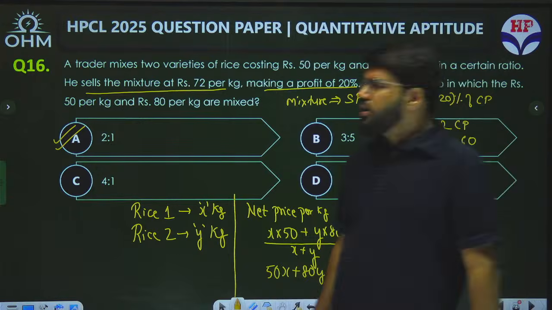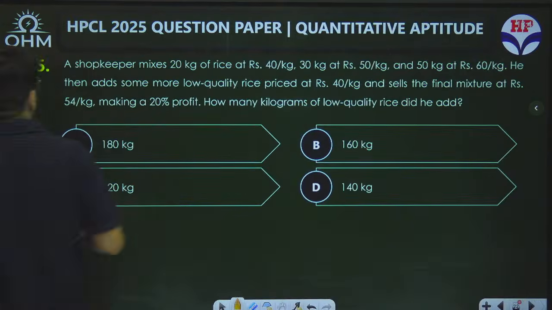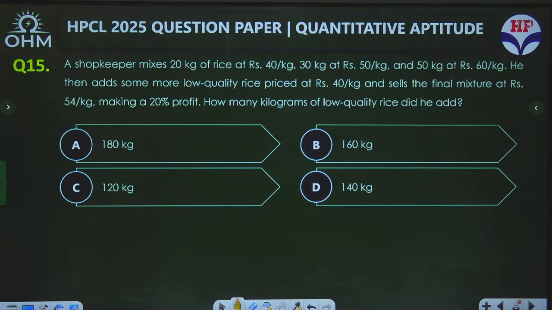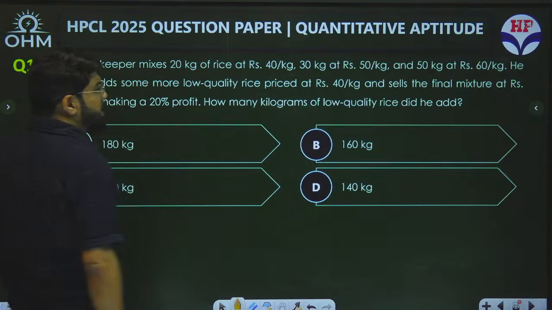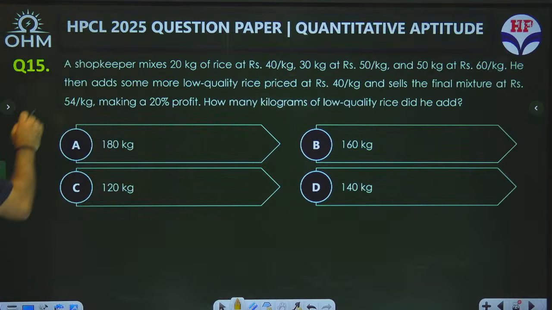Okay, let's go ahead to the next. A shopkeeper mixes 20 kg of rice at 40 per kg, 30 kg at 50 per kg, and 50 kg at rupees 60 per kg. So three types of rice are there. Then he adds some more low quality rice, rice 4, which is priced at 40 per kg, and sells the final mixture at 54 per kg,